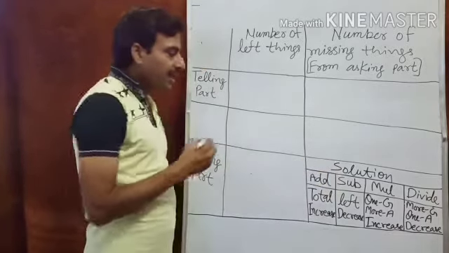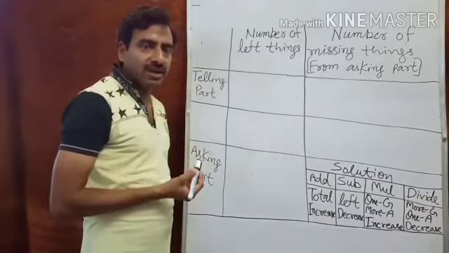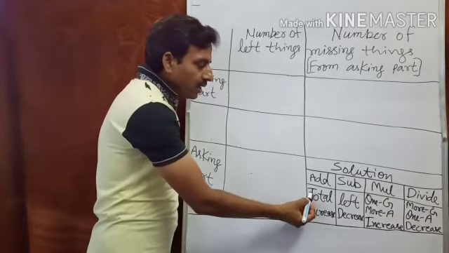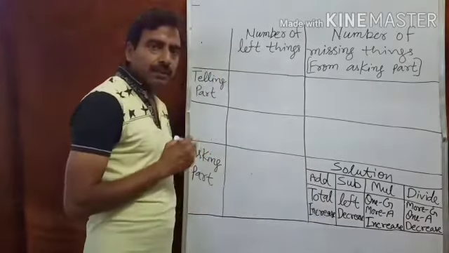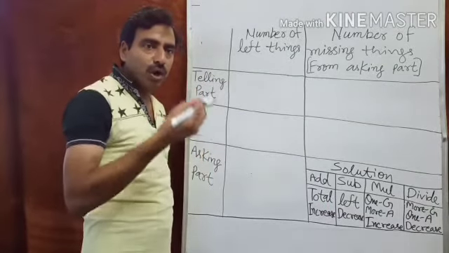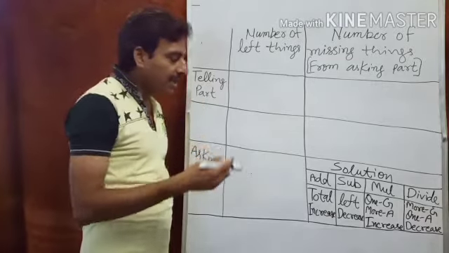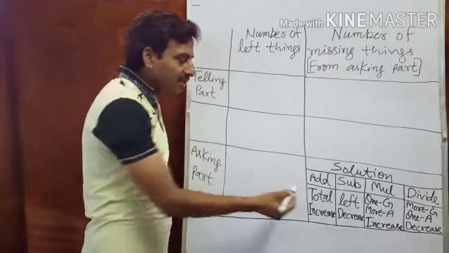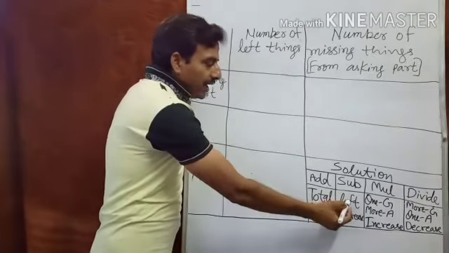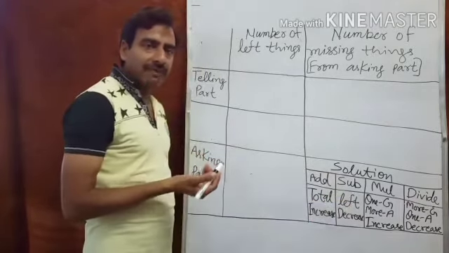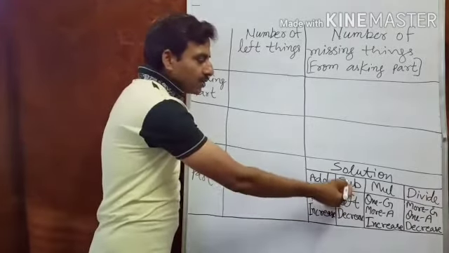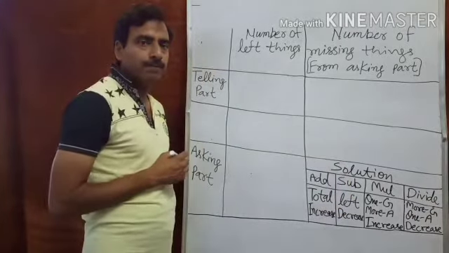Look, it depends on the consideration according to the question. If the question asks for the total, it means the answer will increase through your consideration. If the answer will increase, then you will always add. And if the question asks for what is left, otherwise your answer will decrease, then you will do subtraction.